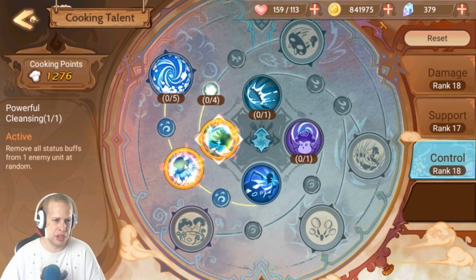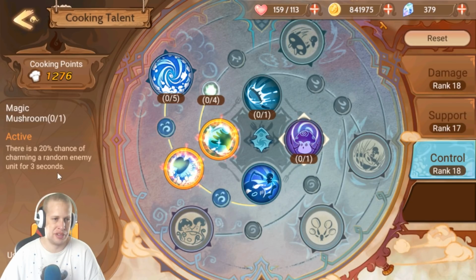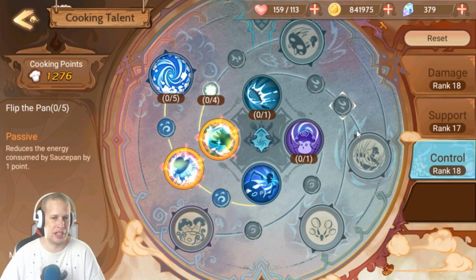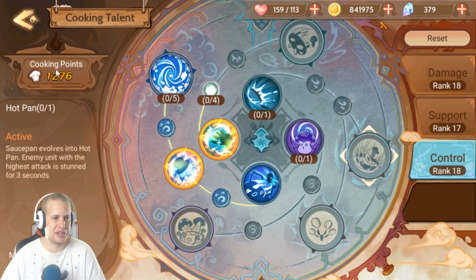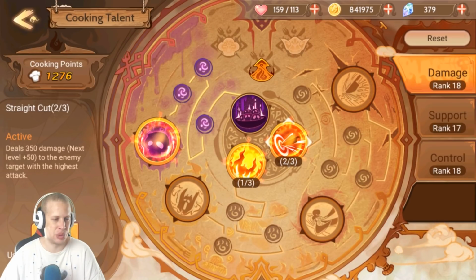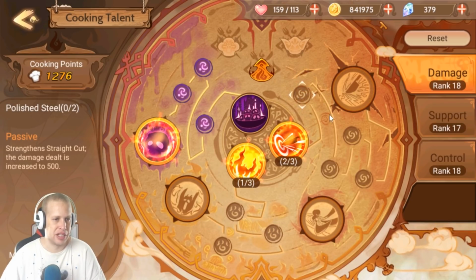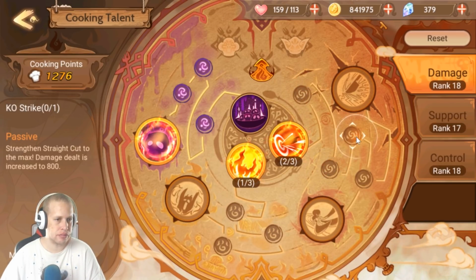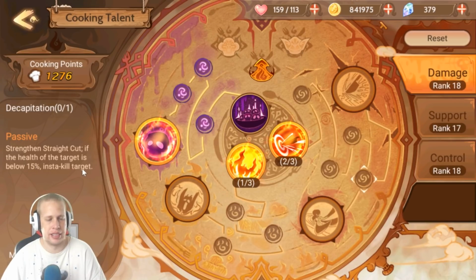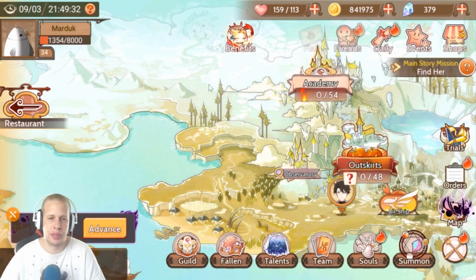And then there's control. Control is basically stat buffs, removal, increase team's damage, increase team's defense. You can charm people. And the further you develop it, because they have branching trees that keep going, the better the ability gets. But it costs a fair amount of these cooking points. For instance, right now I'm starting to work on this straight cut, but the next rank's going to cost 1987 cooking points. But once I get it developed enough, it eventually gets to the point where... I'm trying to find it. There it is. Anything that's under 15% supposedly gets insta-killed, which will actually be pretty nice for some of these events. I'm sure there's some things that are immune to that, but...